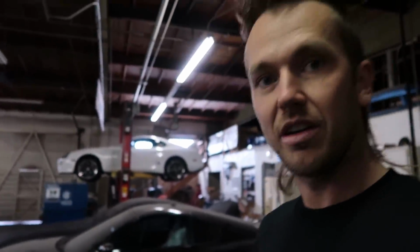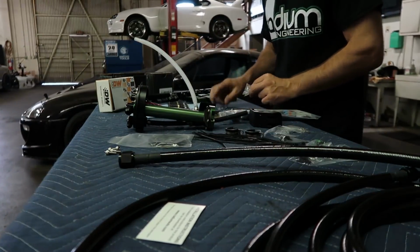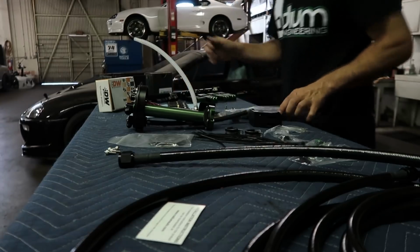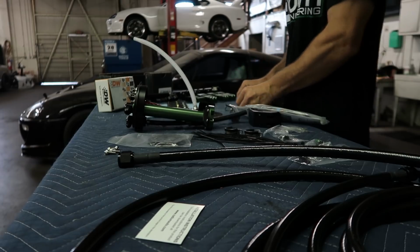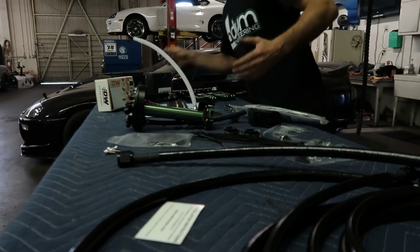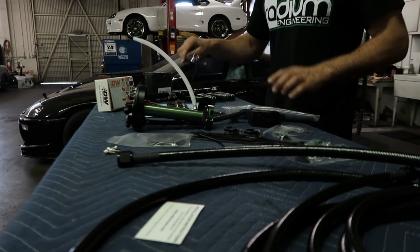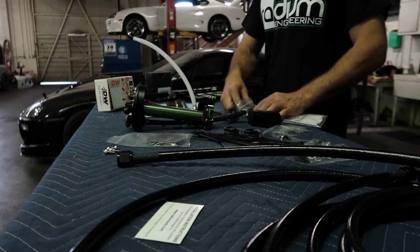I'm going to need to remove some stuff out of this bag here, and I'm going to set the camera down and get started on this, and you guys just watch, and then I'll give you updates as we're going. So let's do this. Lots of small little pieces. When you do this, you want to have lots of open space so you can lay everything out and get a visual on what you need. And since there are no fold out instructions printed for you, I would recommend having your computer nearby so you can look at some of the pictures and